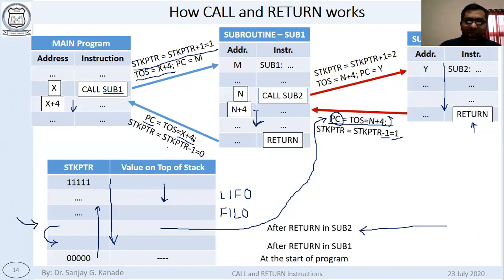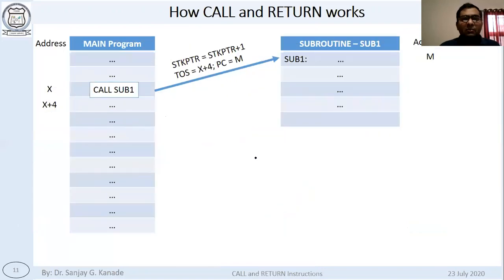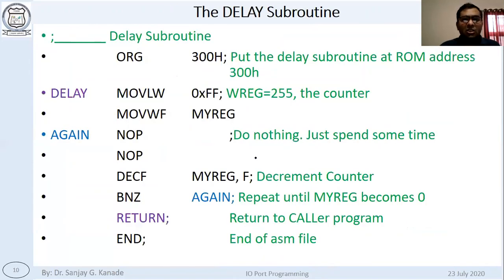And when return is executed, PC is loaded with the top of stack, and then stack pointer is decremented. This is what you should remember. Note down these steps. Actually, I have already given these steps when we discussed call and return instructions.